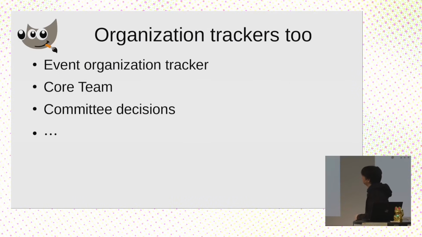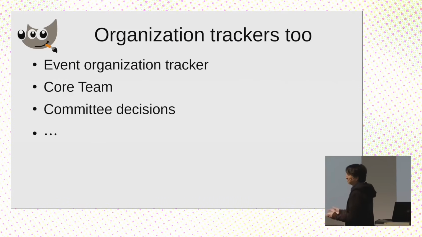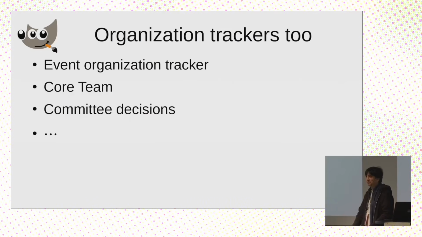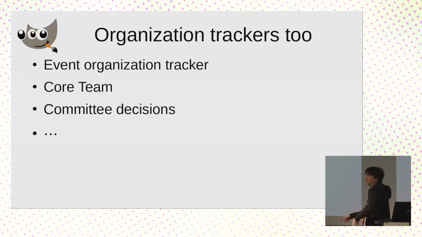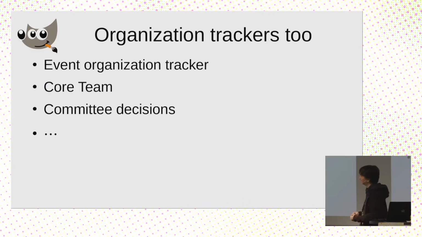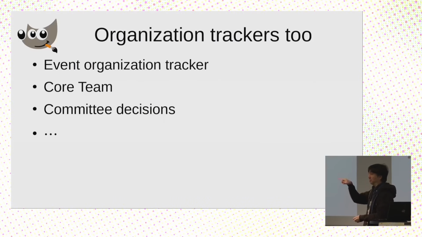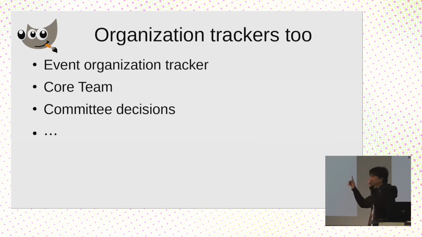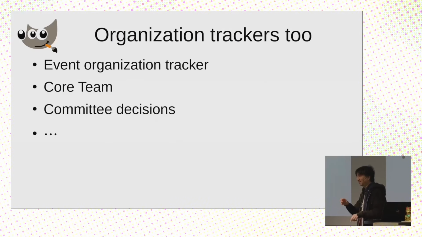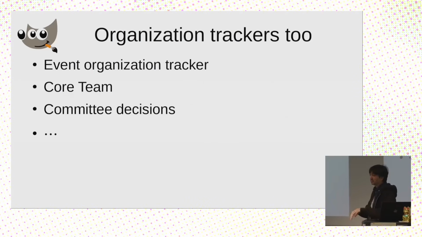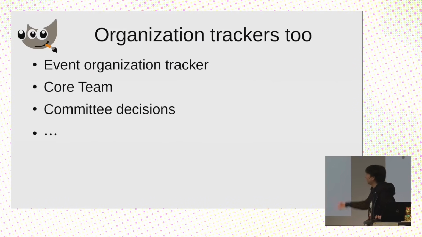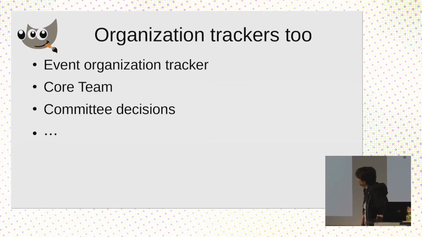Maybe I'm trying to organize a bit too much, but we used to have events with sending an email to many people and everything, and it was horrible. So now we have an event organization tracker and this kind of stuff. Especially we are 12 here from the GIMP team. So you can imagine an email with 12 people trying to organize stuff, and nobody answers, of course. So I'm always speaking alone on my emails with a lot of people, and I'm spamming people. So yeah, we have a core team tracker, the committee tracker, this kind of stuff.